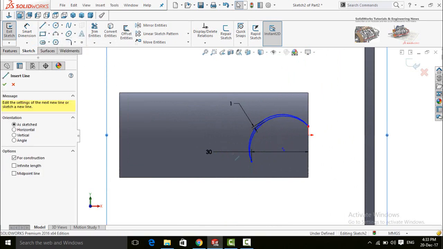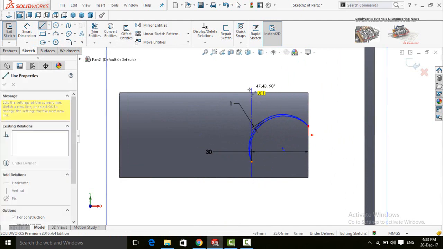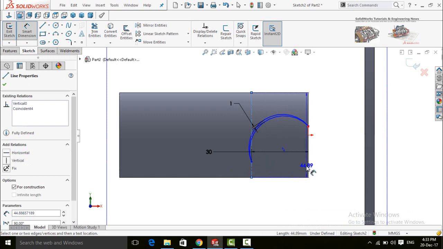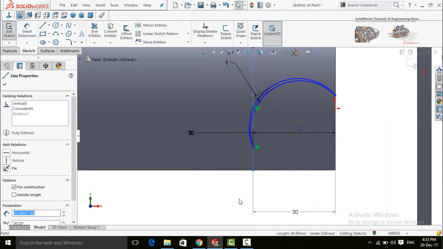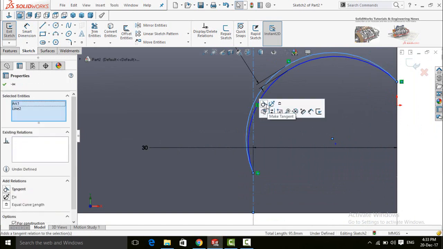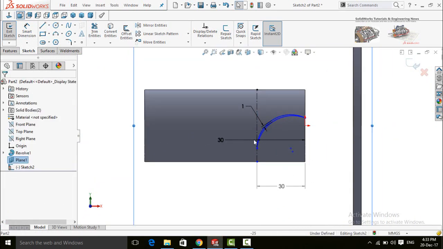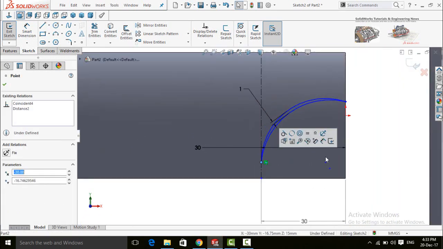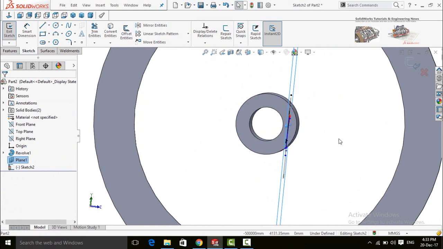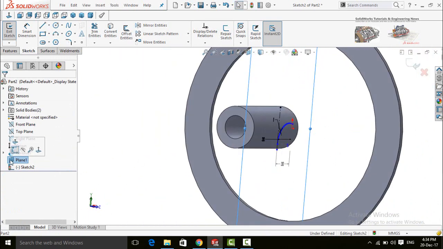Now draw a center line and define it. The distance from this center line to this line is also 30 millimeter. Now click on the center line and then this arc and make their relation tangent. Click on this plane one and hide it.